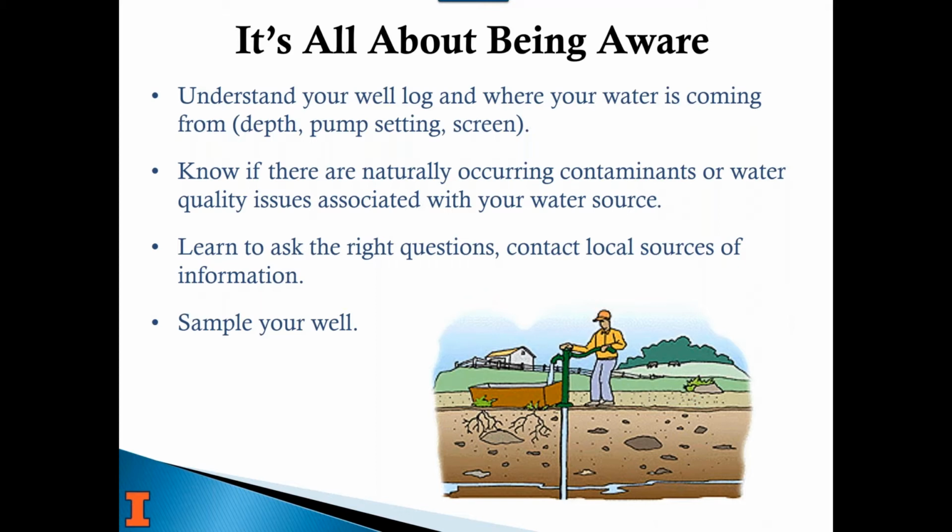The other things you should know are if there are naturally occurring contaminants or any other water quality issues near you, or in your water source or your aquifer. That could be maybe you're near a gas station or some kind of factory. In much of the country, there are naturally occurring arsenic problems in some aquifers. We have two areas in the state of Illinois that typically have higher arsenic, and we're aware of that. The counties are aware of that, and they make the well owners aware of that. And that's something you should test for. And I'll talk more about that in a little bit.